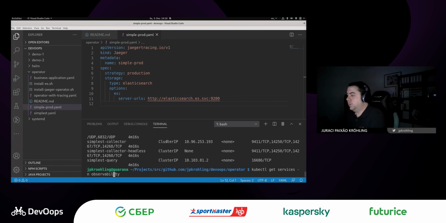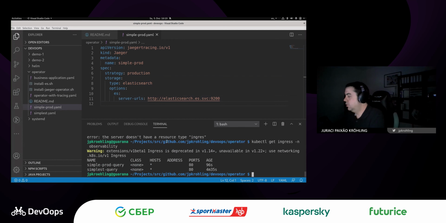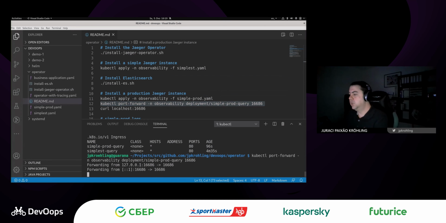Right, we can do the same for ingresses, and this is interesting. We see two ingresses as well, so one for each instance, so simple and simple. I don't actually have an ingress controller on my Minikube running locally, so I don't actually have an address here. And this is important because if I want to open the Jaeger UI, then I would have to do a port forward. Right, so I can actually do that now and do a port forward, and then run